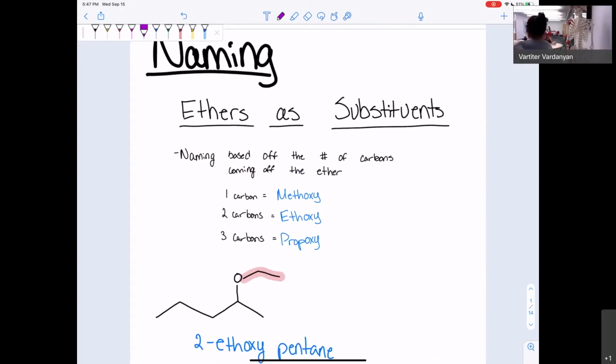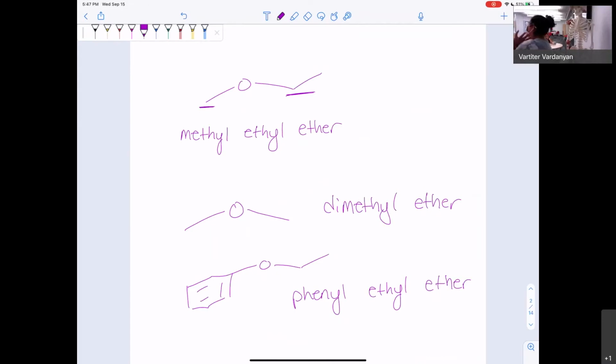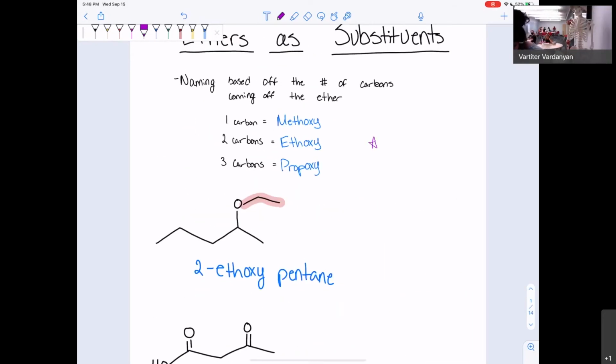So I know someone's going to ask, at what point does it go from being the parent to a substituent? At what point does the ether go from being the parent chain to the substituent? Because we have an ethyl. For the purposes of this class, if there's a carbon chain with 5 or more carbons, at that point the carbon chain is considered the parent. So I will write that down. A chain with 5 or more carbons will become the parent